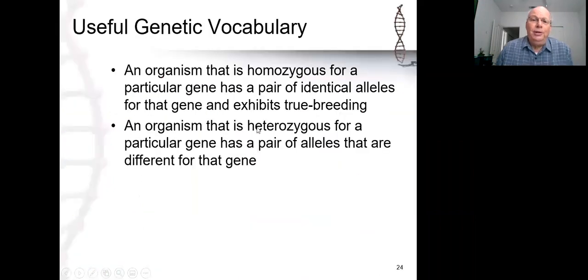So the two terms that I was talking about, if the alleles are the same, remember the prefix for the same is homo. So we say that if the two alleles are the same, they are homozygous. The prefix for different is hetero, so individuals that have two different alleles are said to be heterozygous. So a homozygous could be two purples or two whites. A heterozygous would be a purple and a white. Now that in turn poses a problem because you've got two different ways to be homozygous. You've got homozygous for purple